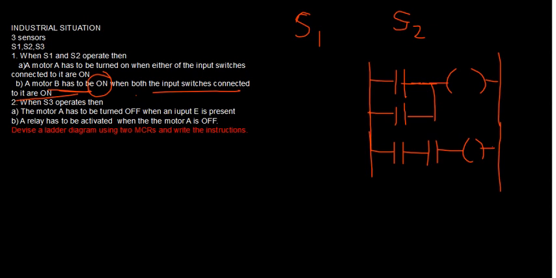These two rungs, let me call them rung R1 and rung R2, happen because there is an output from two sensors, S1 and S2, and needless to mention, these two sensors are the input devices here. Directly also you could take the outer sensors here in this problem, but since you have been asked to use the master control relays, you will have to bring in the master control relay here. So, devise a ladder diagram using two master control relays. Two master control relays for what? One is for this situation and another is for this second situation, as you can see here.